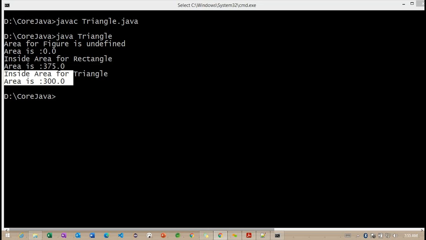Now, the compile time polymorphism we already identified with the help of the overloading method, because overloading method we already discussed in the previous classes. So let's see. I want to provide more examples on the overriding methods here.